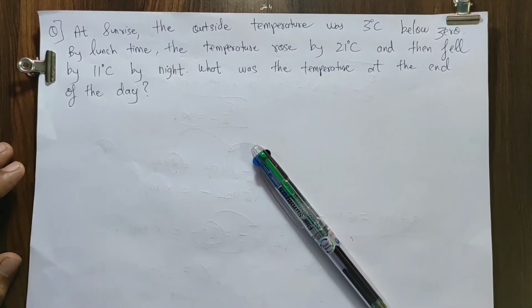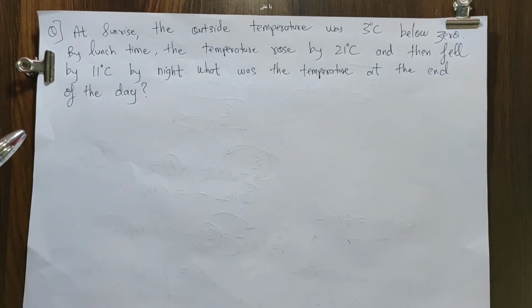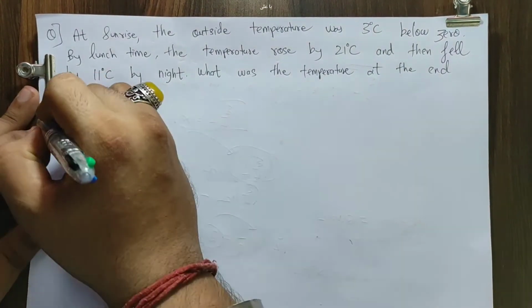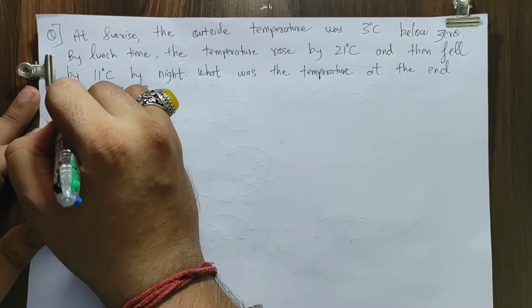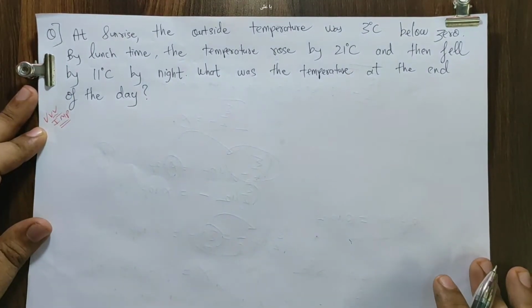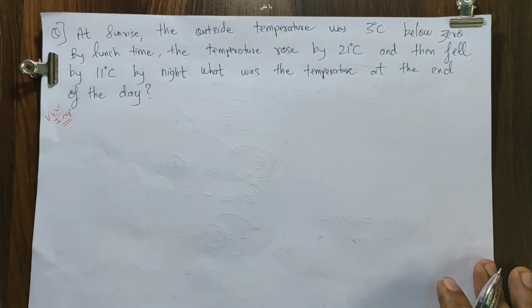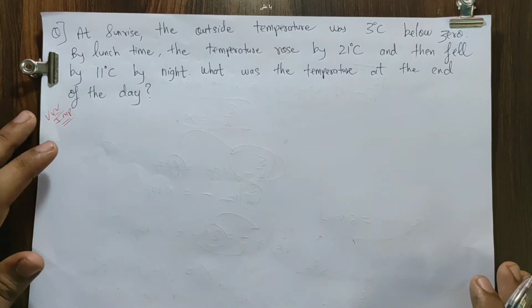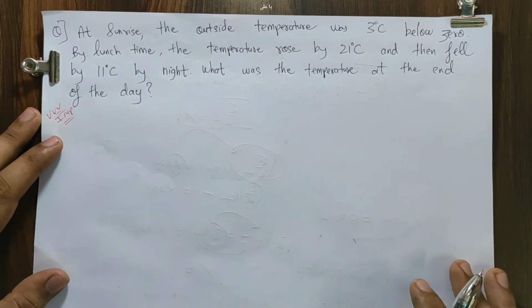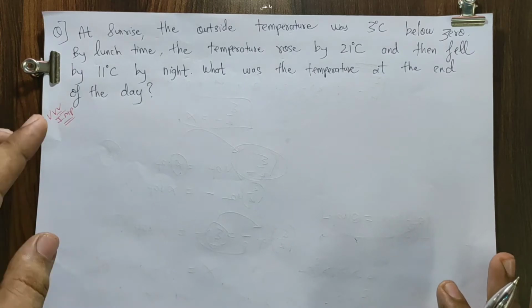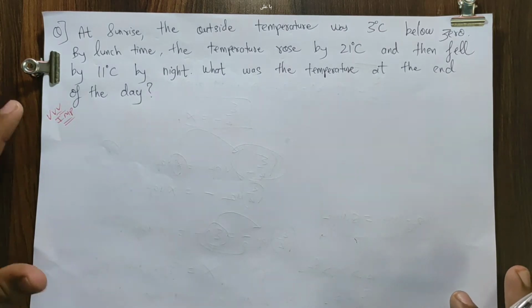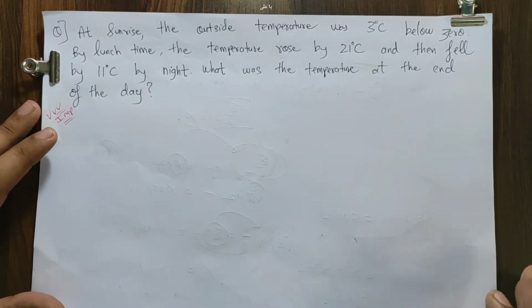Now students, the next two sums including this are very, very, very important. Why important? Because normally students feel that they are very complex questions and they get scared of them. Frankly speaking, they are the simplest problems, not very complex. When I say important, it does not mean they are tough questions. They are very simple questions. Important because students feel that they are difficult, and such type of questions do come in examinations also.